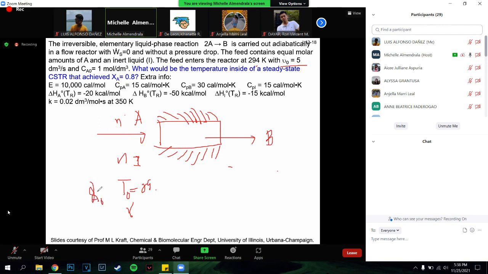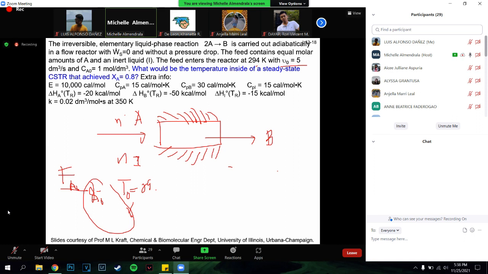So these are the given concentrations. From the concentration and volumetric flow rate, of course, you can find the molar flow rate of A. All right, so you know how to do that. So the feed enters the reactor with 5 dm cubed per second as the volumetric flow rate, concentration of 1 mole per dm cube. What would be the temperature inside the steady state CSTR that achieved